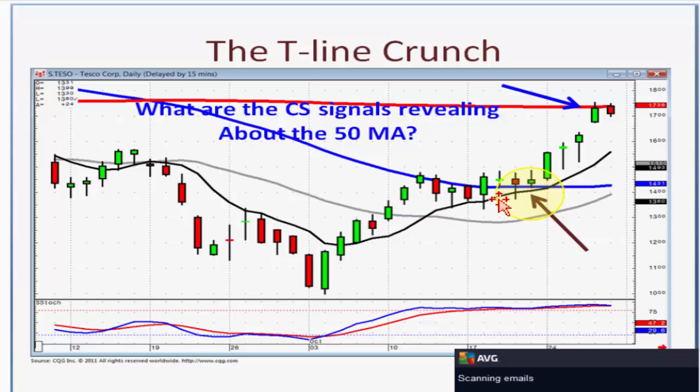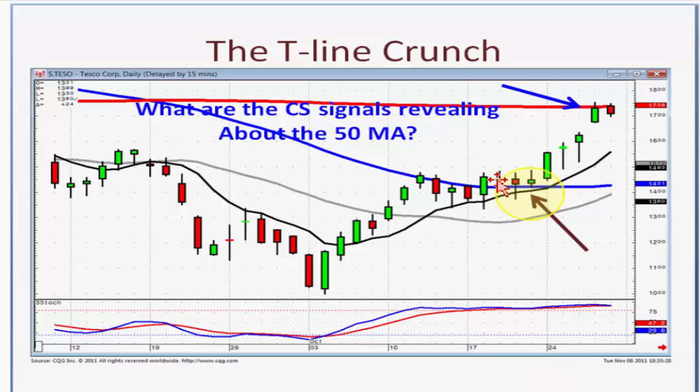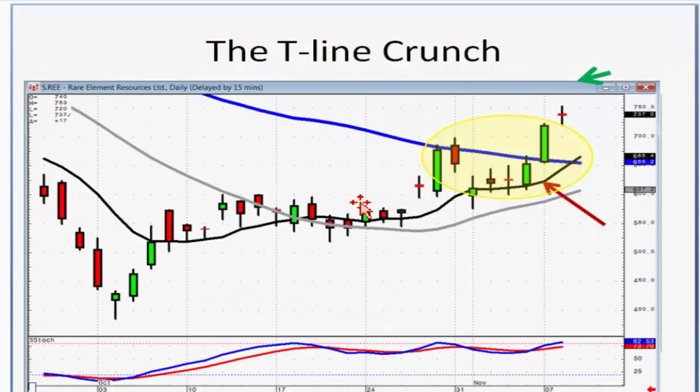Here's what we call the T-line crunch. Notice once they hit a resistance level here at the 50, they couldn't close below the T-line. And once they broke through the 50, what's our next target? Up here to the 200-day moving average. This is called the T-line crunch